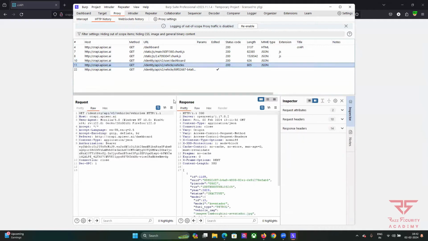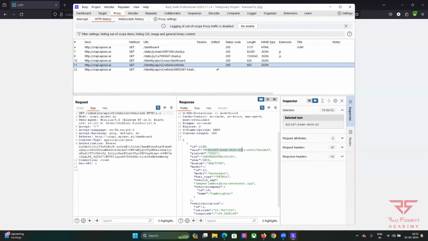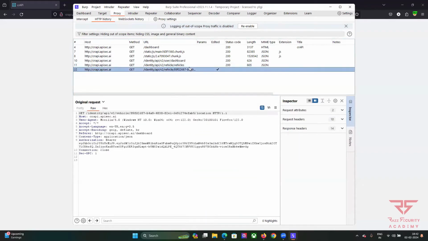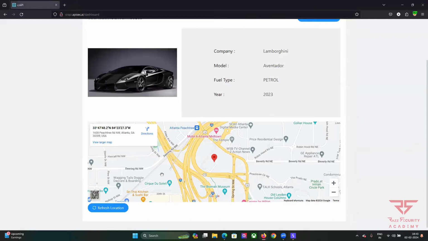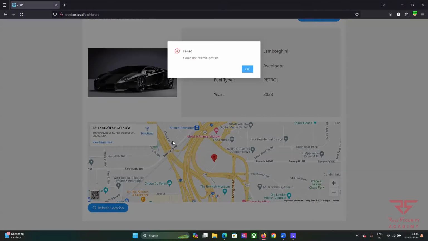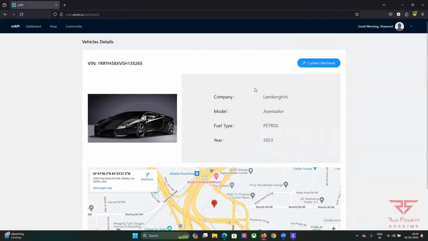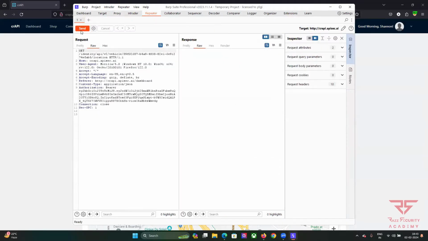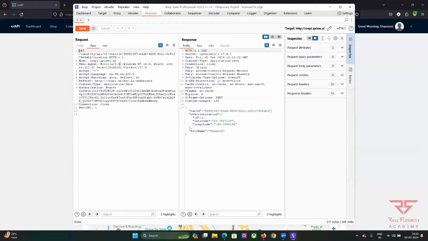And also, if we just go to the vehicle, we can see we have a user ID, we have the VIN number, year, and we also have a latitude, longitude. Okay, this is another thing that we can see. This is another location regarding this thing. Let me just send this particular request to Repeater, and let me just send the request, and you can see